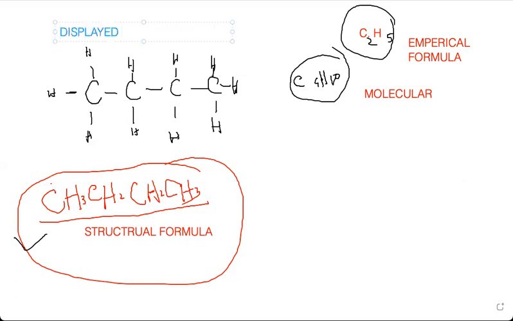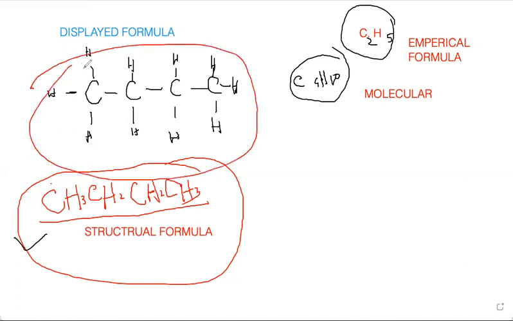In the exam, it depends. Sometimes they ask you to give a structural formula of a compound, and sometimes they ask you to give the displayed formula of the compound. So you should know the difference between these two. Mostly they ask for the structural formula, and a student usually makes the mistake of giving a displayed formula, in which everything is displayed exactly, in detail.